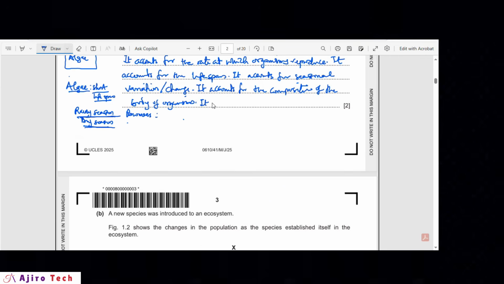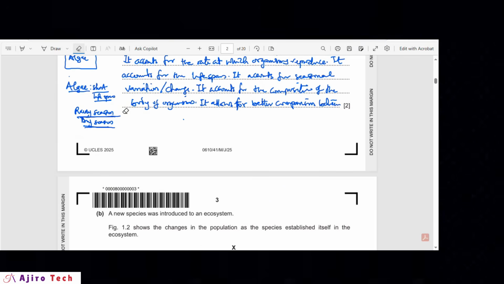And it allows for better comparison between ecosystems. When you compare the pyramid of biomass of different ecosystems, you will be able to see the distinction between the ecosystems. But when you use pyramid of energy,